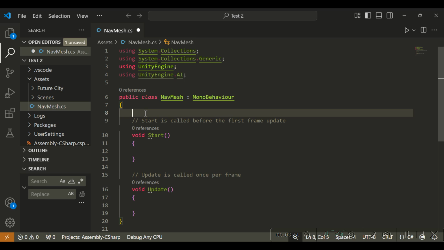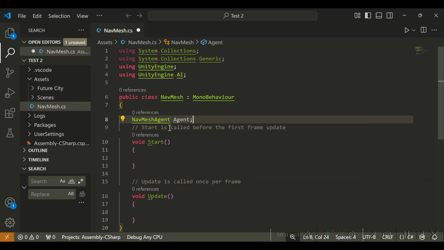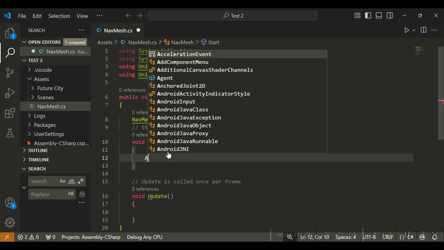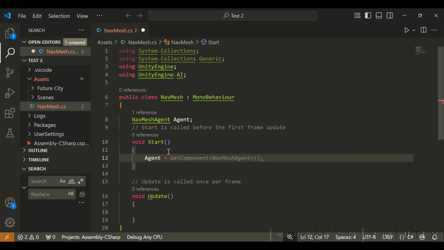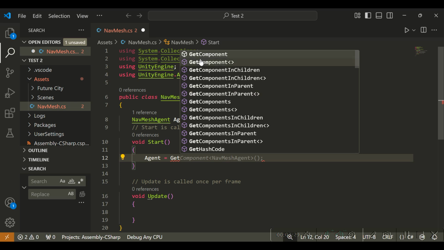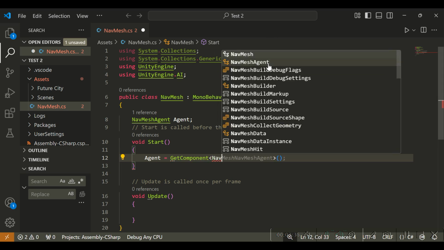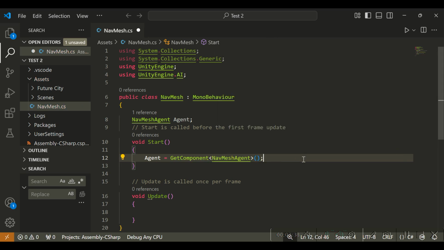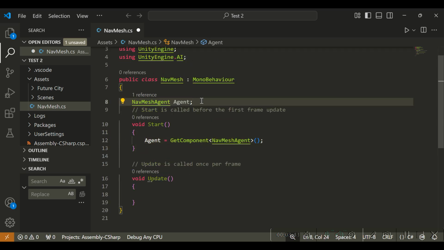So now let's type NavMeshAgent, or whatever you want to name this variable. In the start function we'll say agent equal to GetComponent NavMeshAgent. Okay, so now after that, let's say,